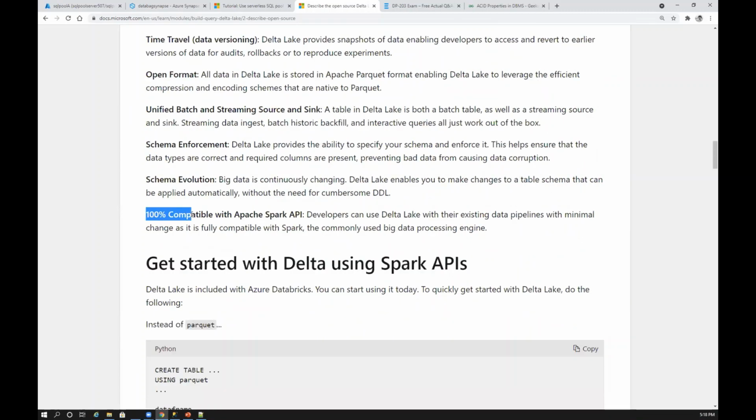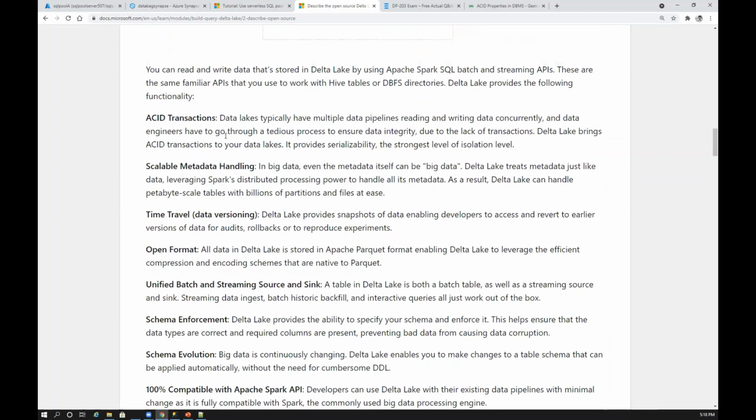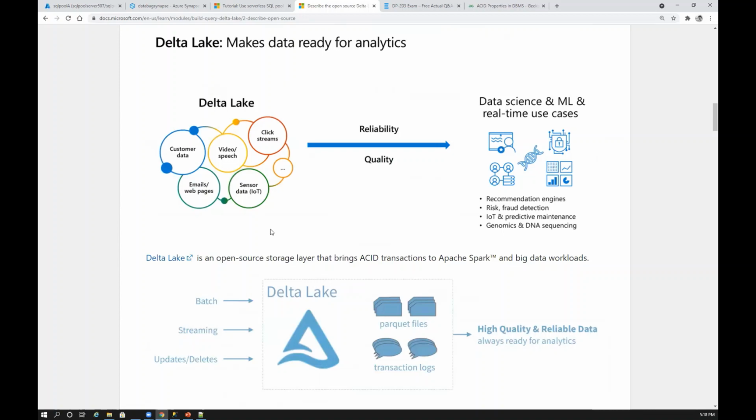And last but not the least, you have different things, but I'm just highlighting the important ones. 100% compatibility with the Apache Spark API. So why do we have this? It's because Delta Lake was part of the Apache development group. They thought, anyway we have Apache processing, so let's create a storage layer from which Apache can retrieve the data. The storage layer should be like a single-stop solution and similar to a transactional database. That was the idea behind creating Delta Lake. So that's how it started.